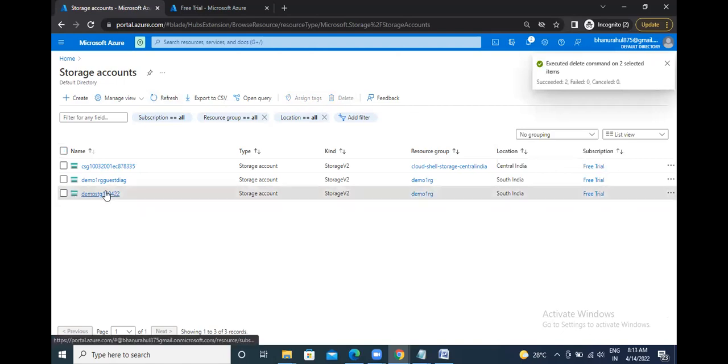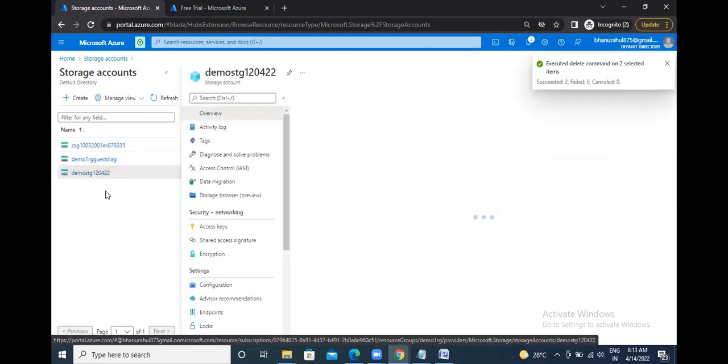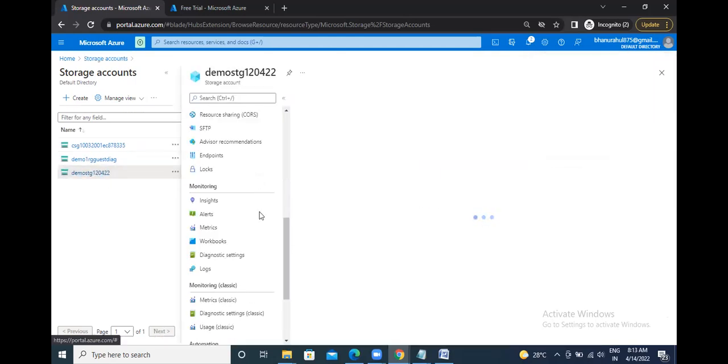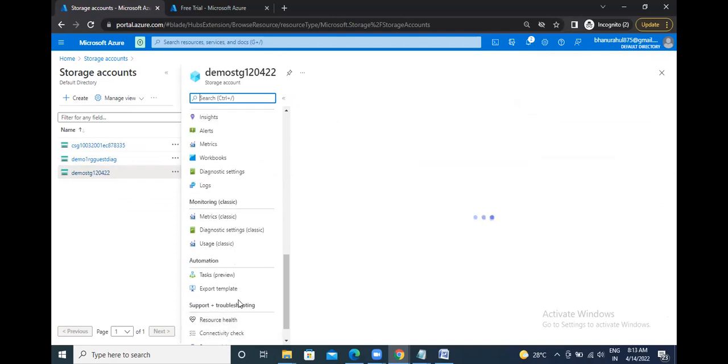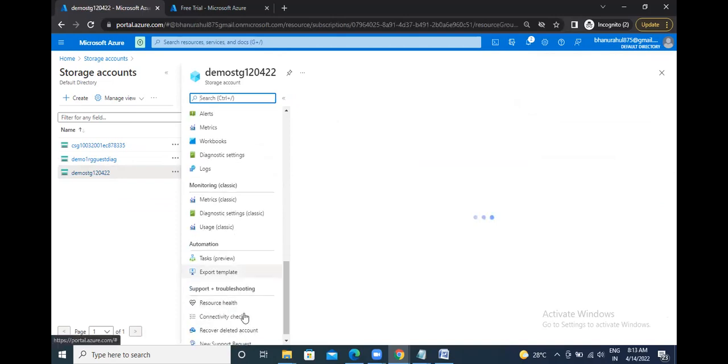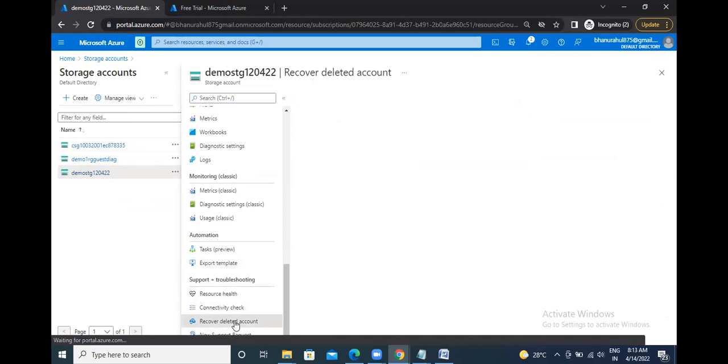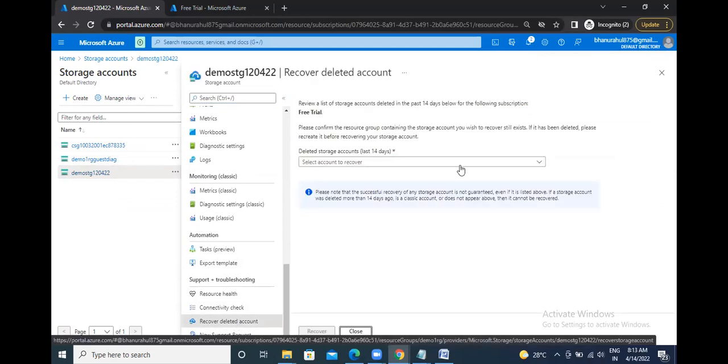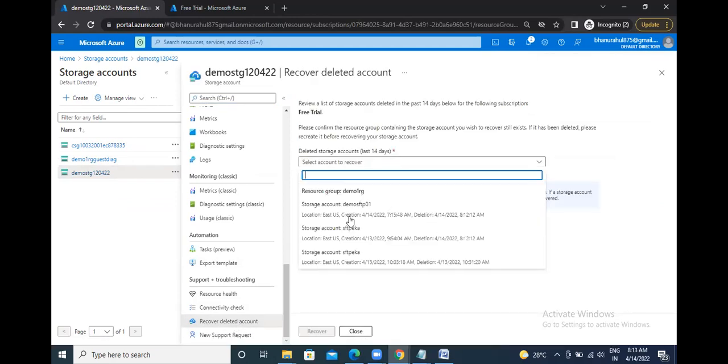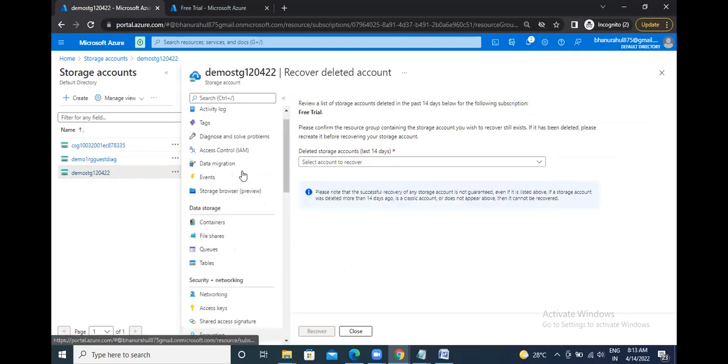Okay, and if you go again to that storage account, to the recover deleted accounts option, you can go here. It has to show 3 accounts. See, it's showing 3 accounts. If you want to restore, you can restore it again. Okay,